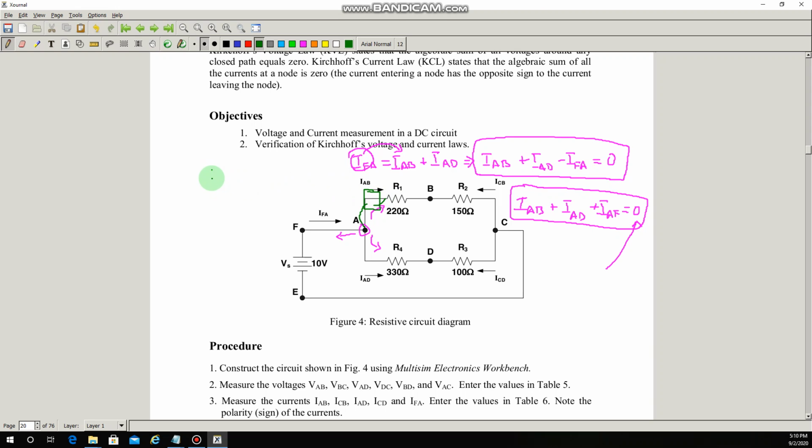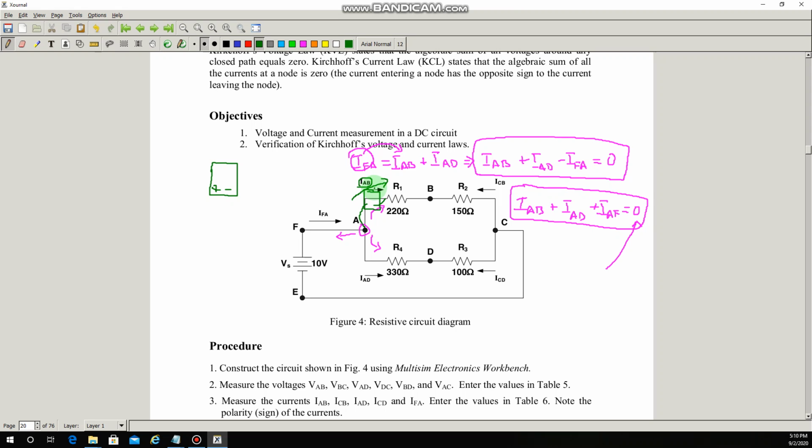Now the question arises that if I have an ammeter, for example here, then I have two terminals, a positive terminal and a negative terminal. What should be the orientation of the ammeter? Where should I connect the positive terminal and where should I connect the negative terminal? Always remember that we have to keep the direction of the current that we are measuring in mind. So right now we are interested in IAB, which means the direction of the current is from A to B. This is the current that we are interested in measuring, okay?